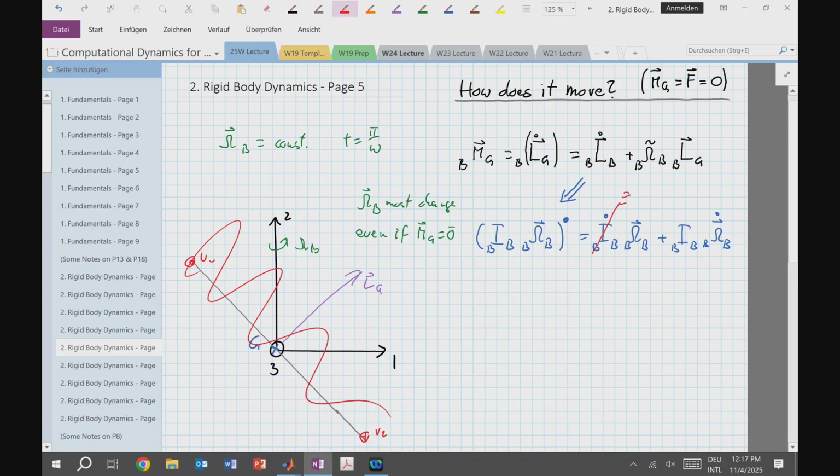This one is 0. We have to figure that out once, and in body-fixed coordinates, the inertia matrix has a constant representation, so its numerical derivative is 0. And we thus get that the sum of all moments about B is the inertia matrix,